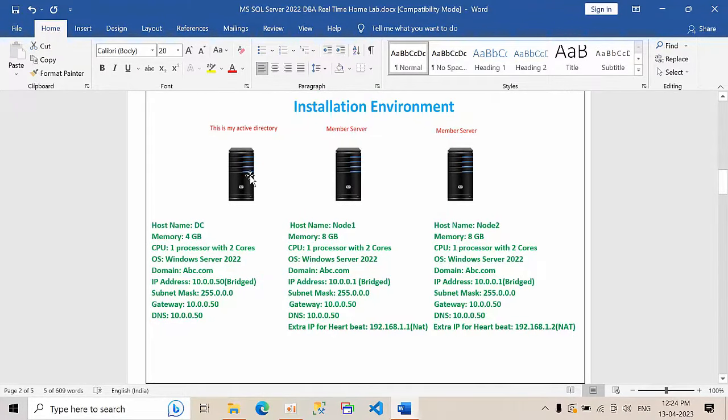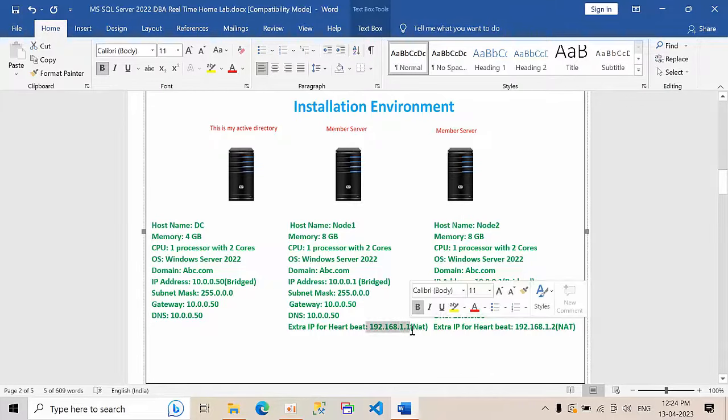This is my Active Directory, this is my member server, and this is the member server of Node 2. Here the memory is 4 GB, 8 GB, 8 GB, and 50 GB disk I'm going to give, on the bridge network. Node 1 and Node 2 are going to be part of the cluster. For the private heartbeat, I'm giving another NIC card with a different IP address,